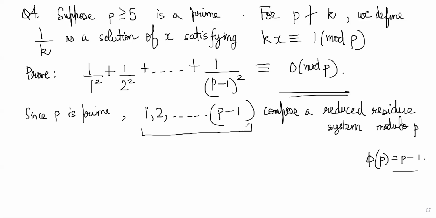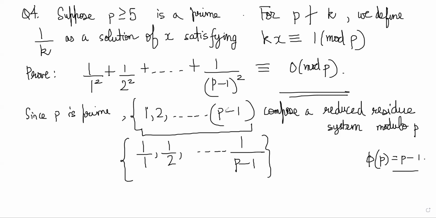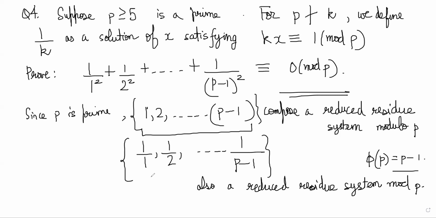Now, there is a property of reduced residue systems that if you take these and if you take their inverses, these will also constitute a reduced residue system. If this is a reduced residue system, then their inverses also constitute a reduced residue system modulo p. Now, if I know this, that 1 by 1, 1 by 2, up to 1 by p minus 1 forms a reduced residue system, then we can say,